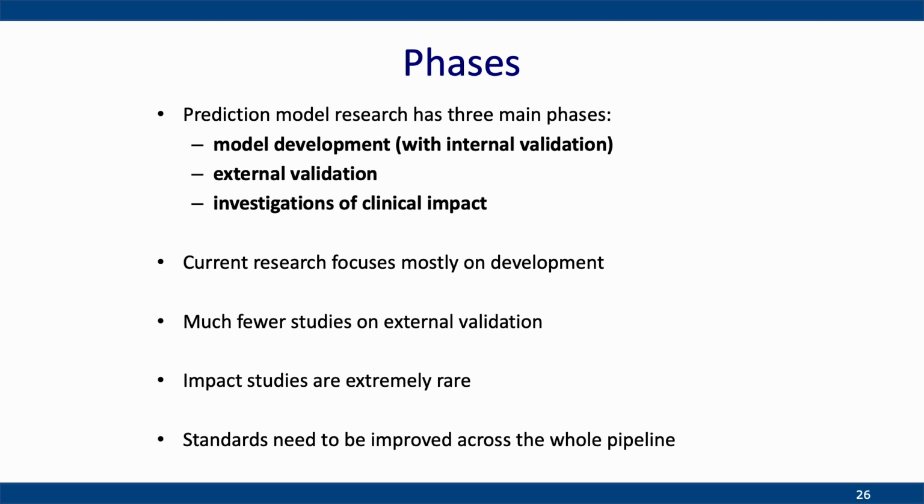Sometimes people would split their data into a training data set and a test data set, but that's not really something statisticians recommend, because you're losing information in your data by splitting it out. External validation is the process of examining the performance of your model in new data. Now this may be new data from the same population that you used to develop the model in, but it may also be from a different population. It may also be at a different time, or a different place.